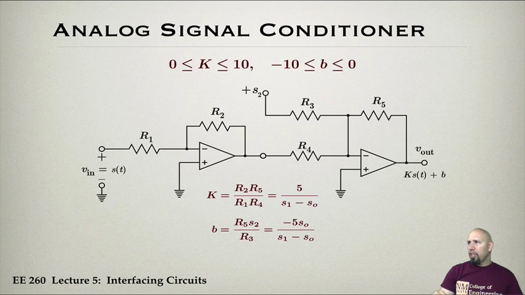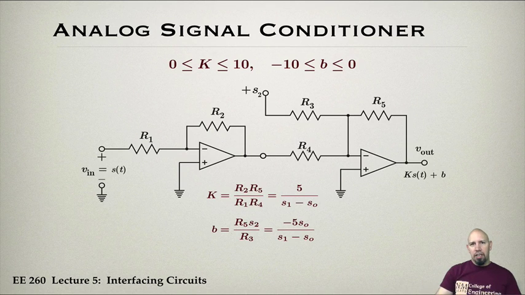Now, unfortunately, this is not perfect, because even though this formula would tell you what to choose, for example, for R2, it doesn't mean that you can actually find a resistor with that value. Okay, so this may give you some weird number, and there's not a resistor for that value. And so there are a couple of ways to work around that. You can tweak things, but generally speaking, you want to make sure that whatever happens, you're within the